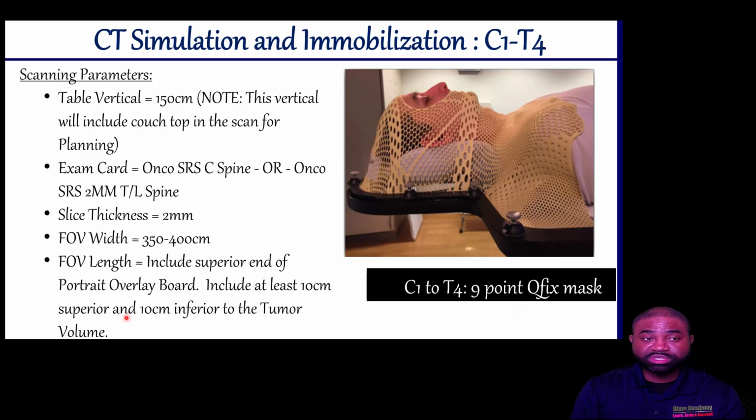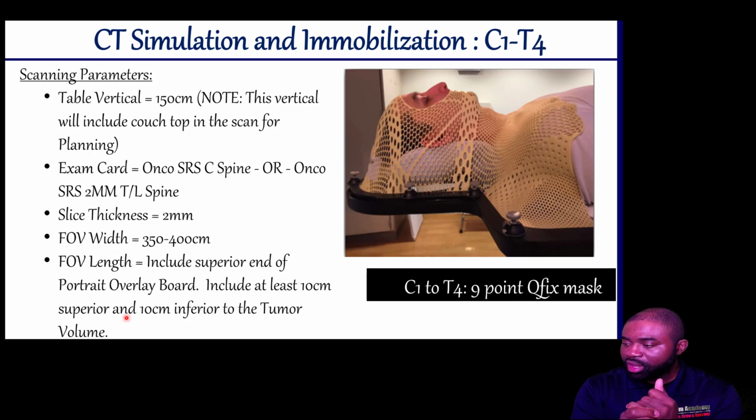You can actually go to TG 101 to look at the recommended CT slices, and the common field of view width that we use typically ranges from 350 to 400